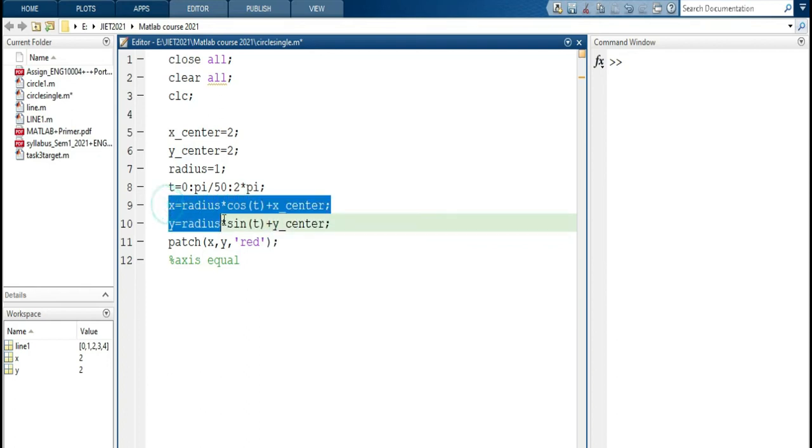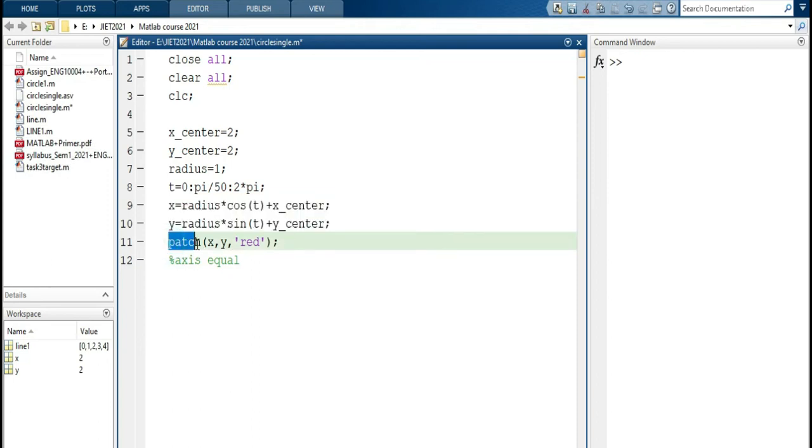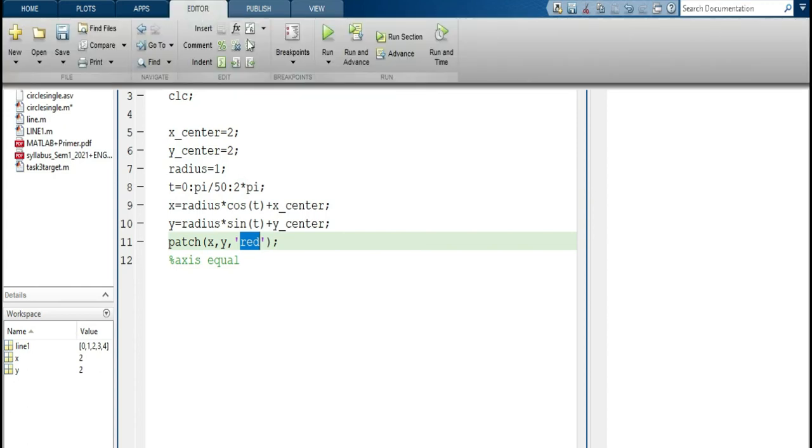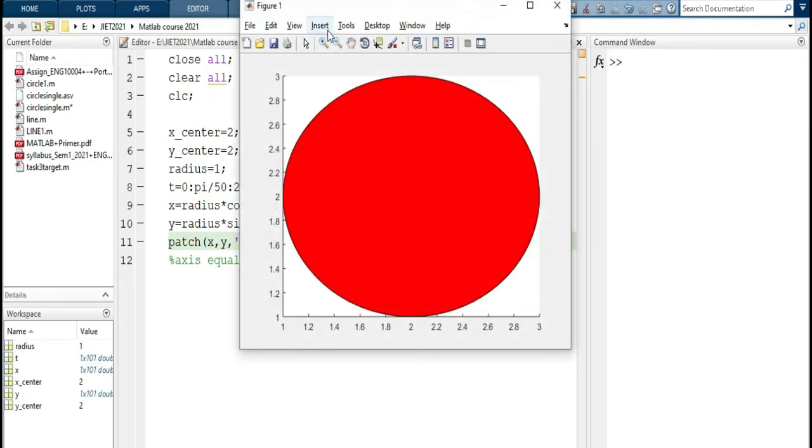These two functions are very important, and after that the patch function is used to fill the plotted circle with x and y, colored red. Whatever color you want to fill it with, you can just mention here. I am going to plot it now. So go to the editor and just run the program.